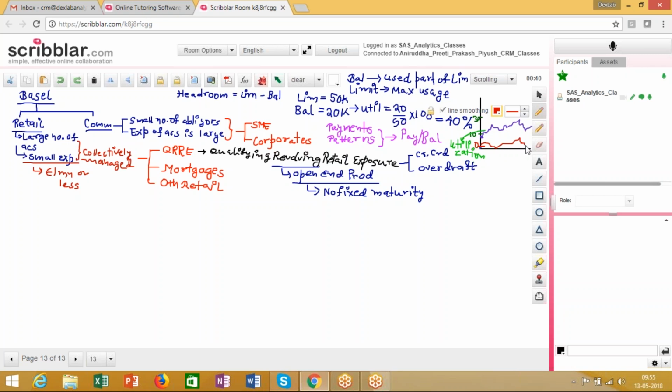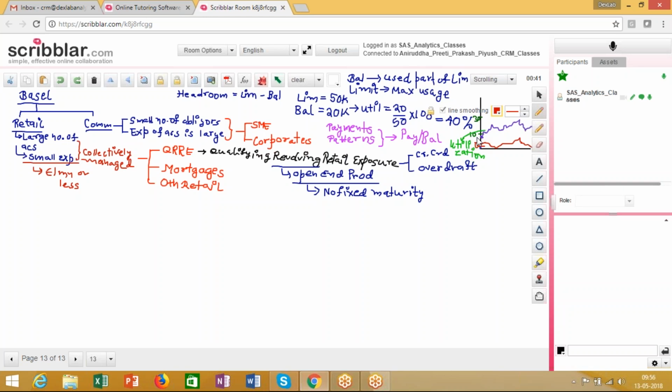So what I can see from here is that the guy uses a relatively higher proportion of the balance but hardly pays back anything. Therefore, I can make out that this guy is a relatively risky guy, because he would be using the credit but would not be paying it back in time. So by looking into these variables, you can make out the overall riskiness of a given borrower for credit cards.